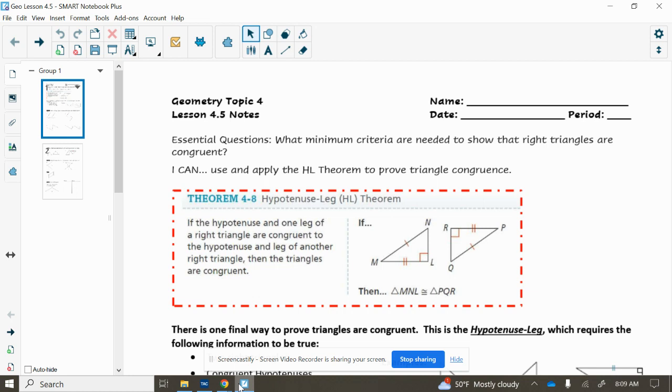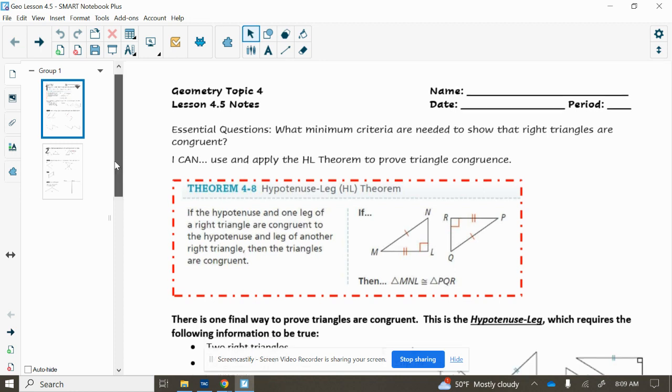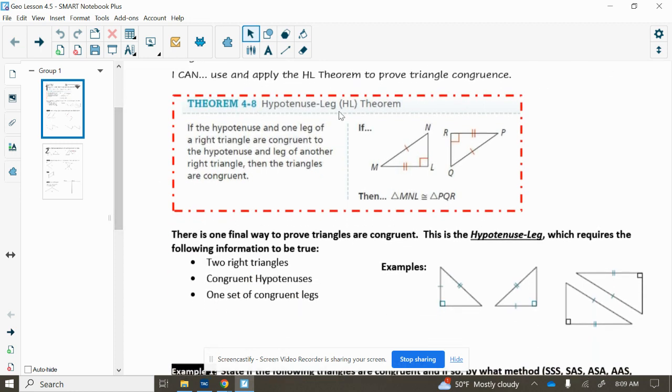Everyone, and welcome to our last lesson of topic 4. Today we're going to talk about a fifth way to prove triangles congruent, and that is the HL theorem, the hypotenuse-leg theorem. So this is a special case situation in which side-side-angle actually will work, and there are